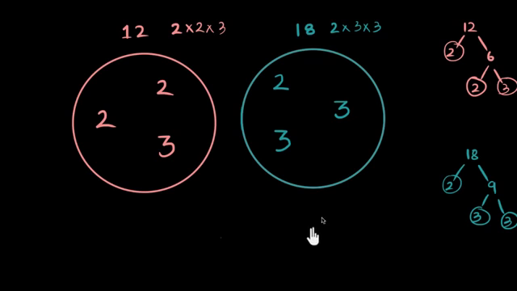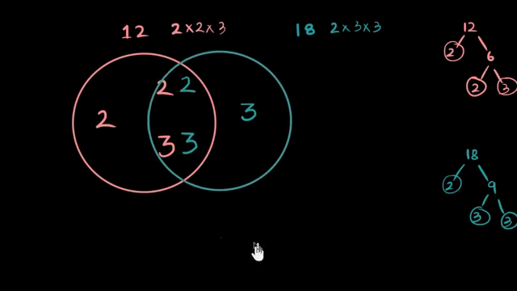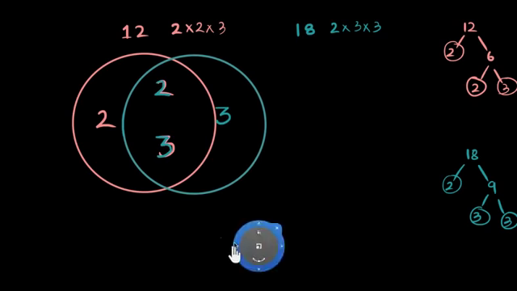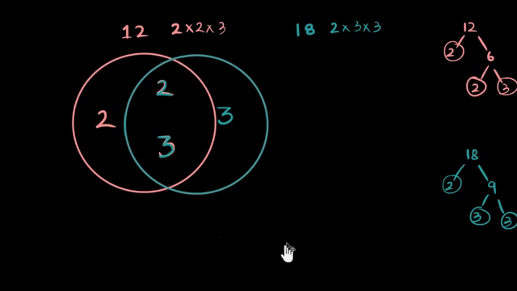Then let's see what are the common building blocks. Let's just go there and see what are the common building blocks. You'll see that there is 1 2 in common and 1 3 that's common, right? You can see that right away. So then you say, okay, what are the common building blocks? One is 2 and the other is 3. Then the biggest thing I can build with them is 2 into 3 or 6. So 6 should be my HCF. HCF equals 6 for 12 and 18.